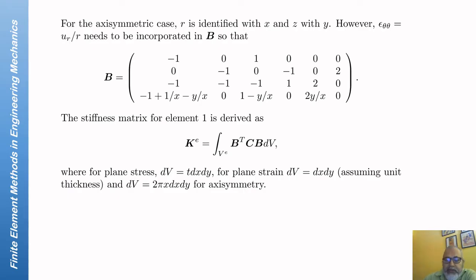So in the last week, we have seen that for the three-noded triangle, which is this element, this is how the local stiffness matrix, the elemental stiffness matrix, is given. B is the strain displacement matrix. C is the matrix that relates the stress to the strain, and you have B again here. So this is a standard expression where the quantity dV, an element of area within the element,